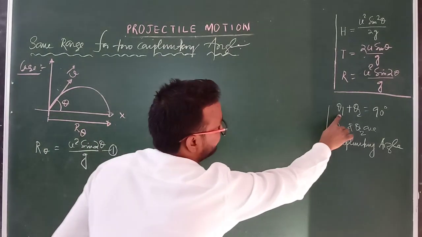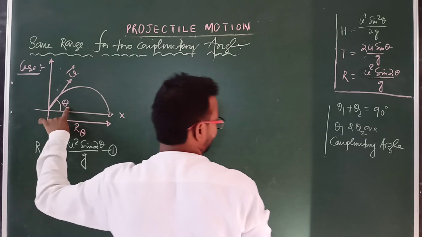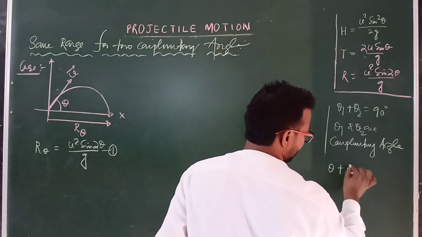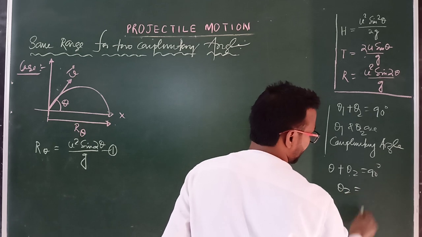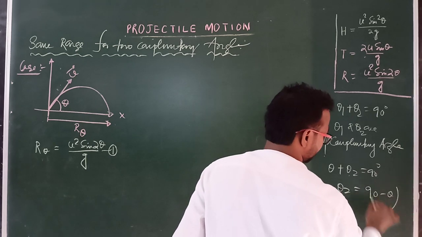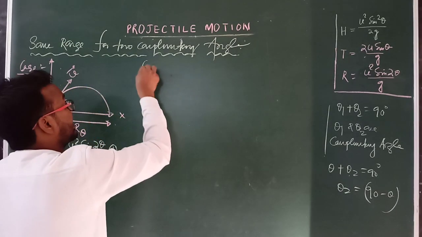Because theta 1 plus theta 2 equals 90, but we already discussed here the first angle is theta. So theta plus theta 2 equals 90. Then what is theta 2? Theta 2 equals how much? That is 90 minus theta. So if we take case 2,